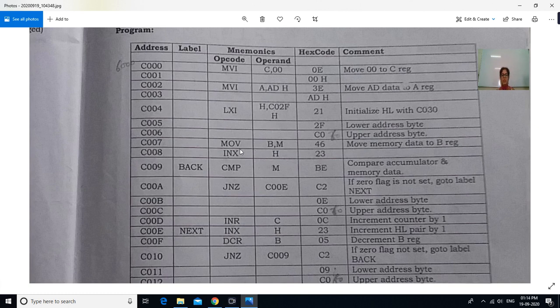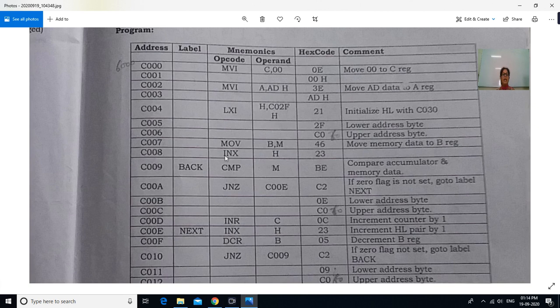So the next instruction is MOV B, M. This instruction will transfer the contents of memory into register B, and 46 is the hex code of the MOV B, M instruction. So with this instruction we have stored the length of the block in the B register. The value in the B register now is 4.